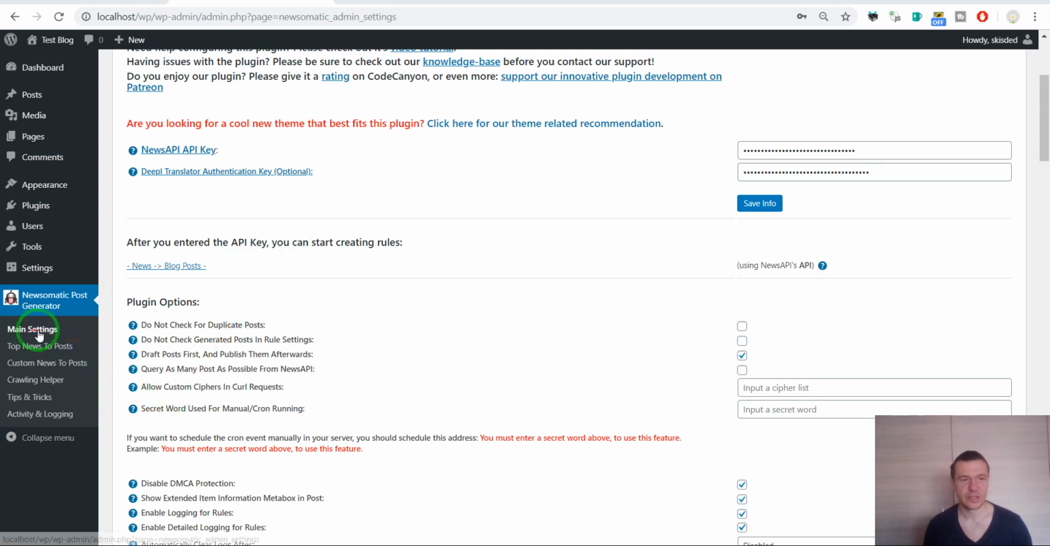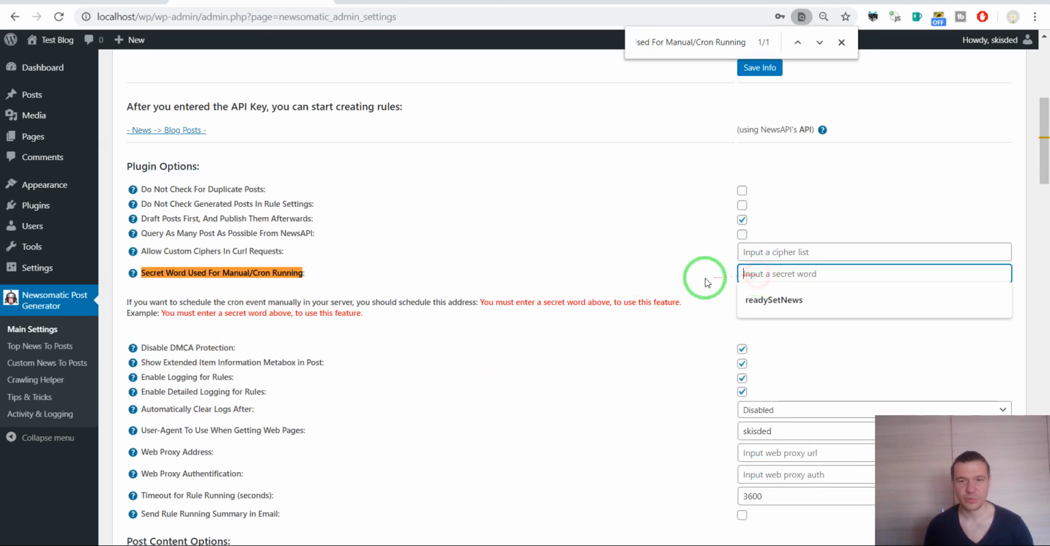If you search in the main settings section of the plugin for the secret word used for manual cron running, you will find this input field, and here you can enter your own secret word which will be used for automatic running of your plugin on your website. So let us enter here a secret word, save settings,